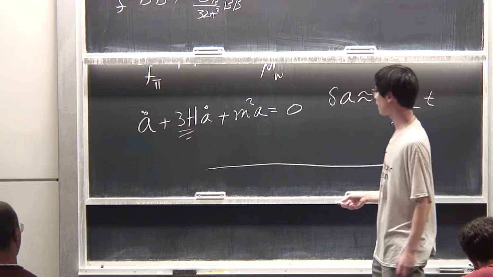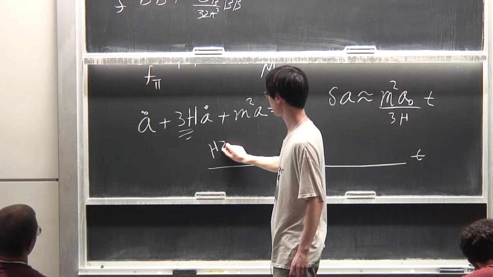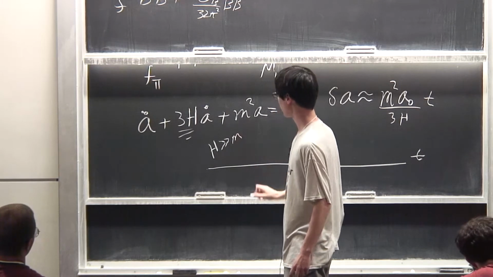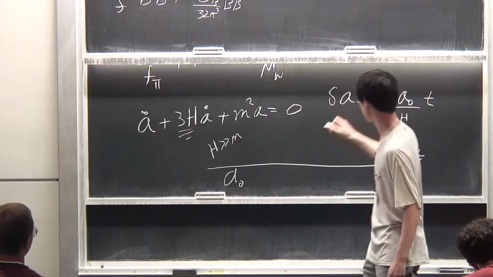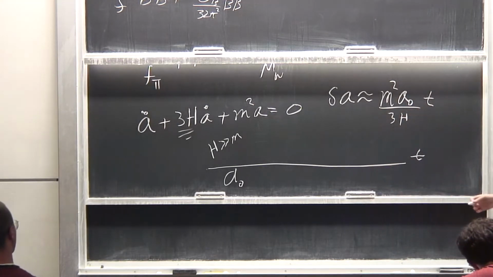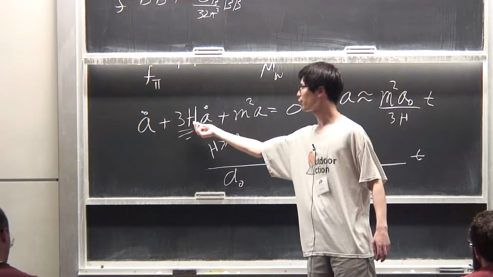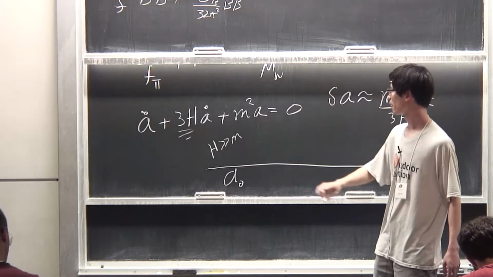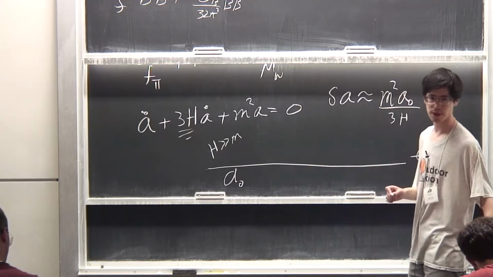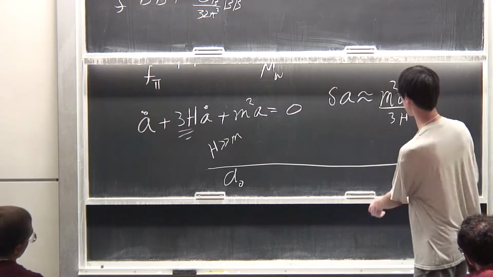If you're looking at times when Hubble is much larger than the mass, then A is just a constant. Let's just call it A0. It's essentially frozen in position. Now, let's go to the other limit, where the friction term is very small. In that limit, we have an underdamped harmonic oscillator. And what happens is A behaves just like,